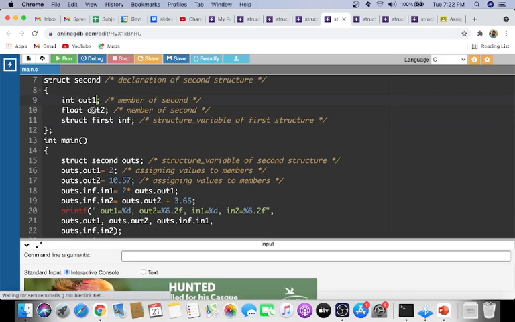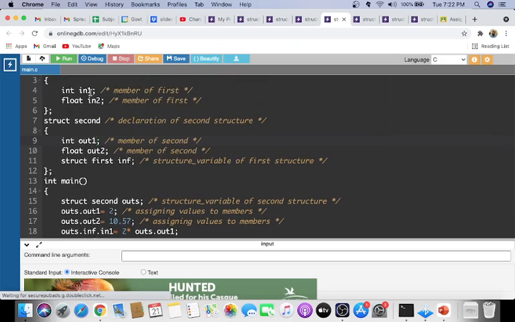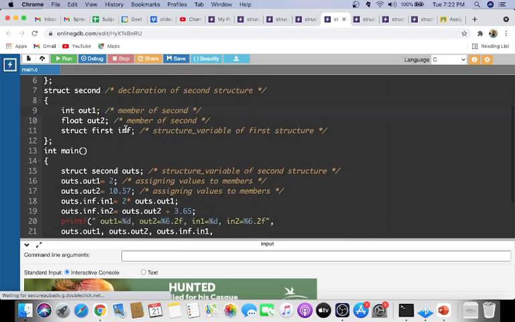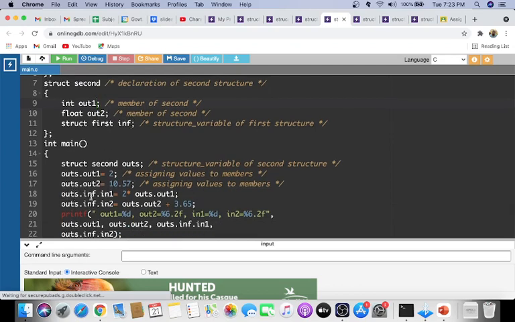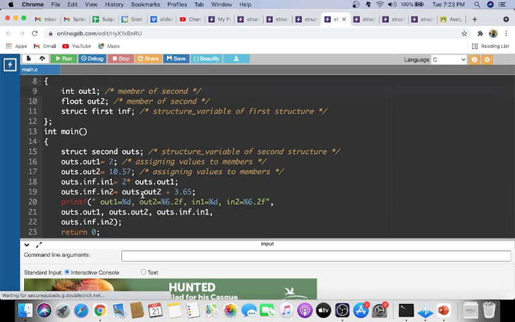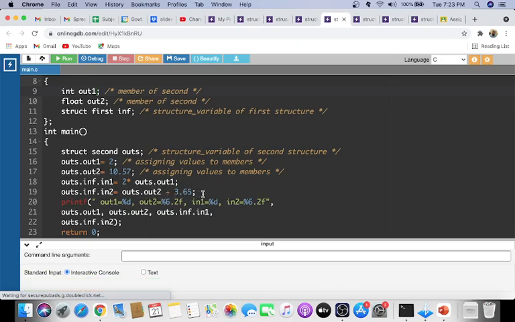Now if I want to assign some values to in1 and in2, you have to use this inf also. So outs.inf.in1, you can do the same operation, then outs.inf.in2. You can do some operation like outs.out2 plus 3.65, like that.